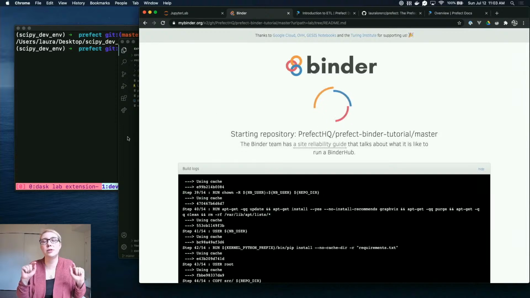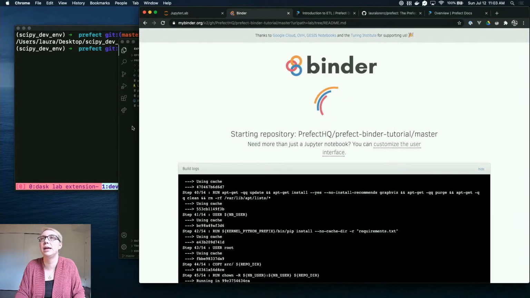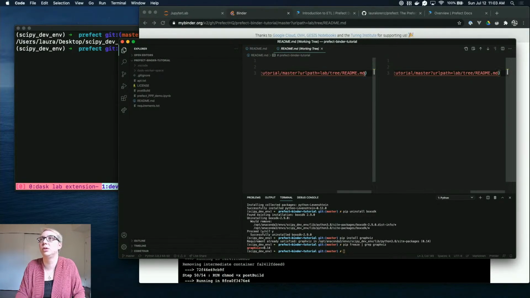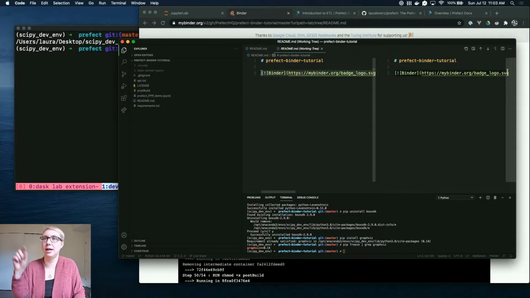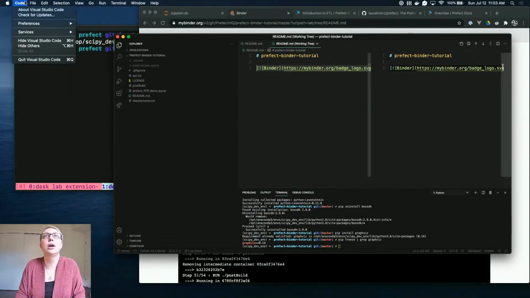But what I think I want to do for showing you all the pull requests is I'm going to take this badge that is the one that I clicked on to get to this page, and include it in our docs in the normal Prefect repo. So I'm just going to pull this whole little badge and put a little note, hey, you should go to my binder, in the normal repo. So again, I'm in a totally different repo in my VS Code right now, but I'm going to go open